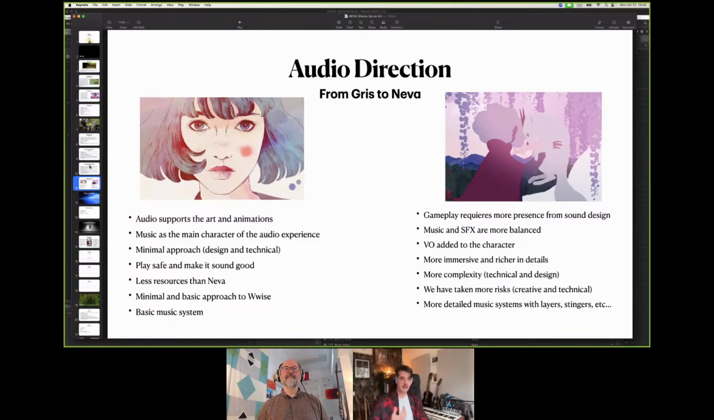We had to take more responsibilities, let's say. And music and sound effects are more balanced. If you play the game, you can feel that. In this game, we added a lot of voiceover to the character, not only calls to Neva, but grunts, efforts, screams, things like that, right? I believe it is more immersive and richer in detail because there are more variations, more sounds. We had more time and resources to put more care into the small details and whatnot. It's more complex from a technical and design point of view. We have taken more risk,